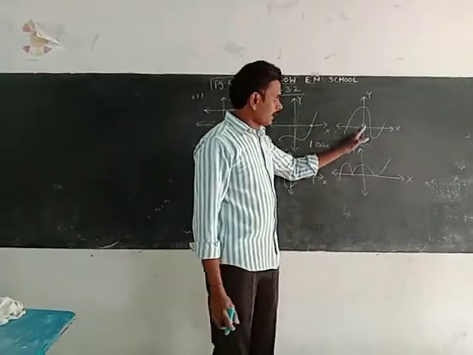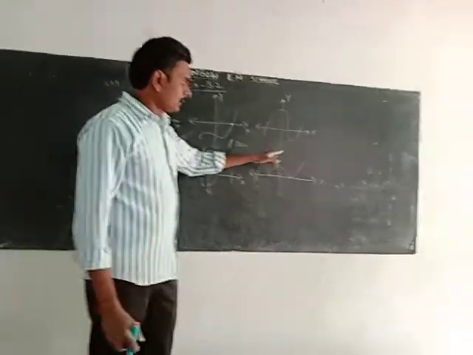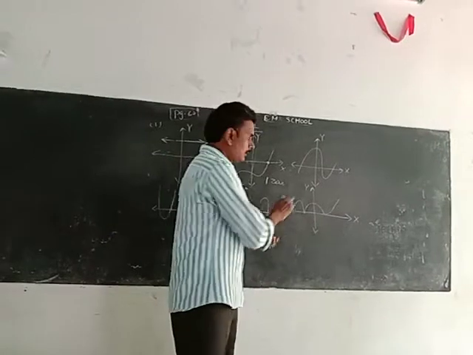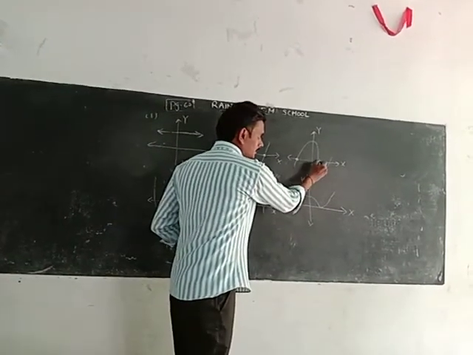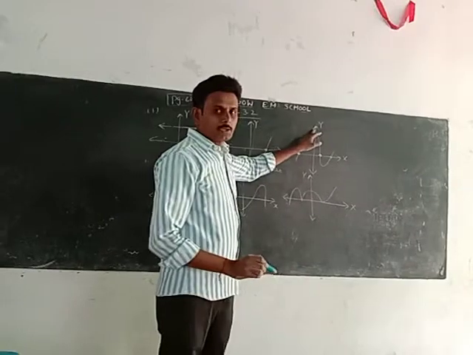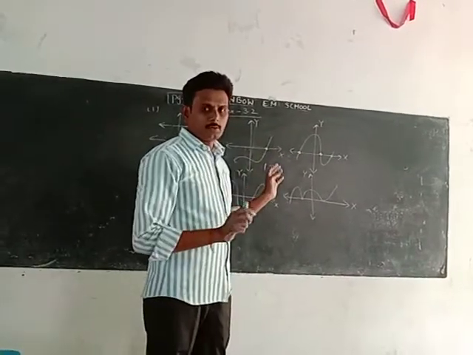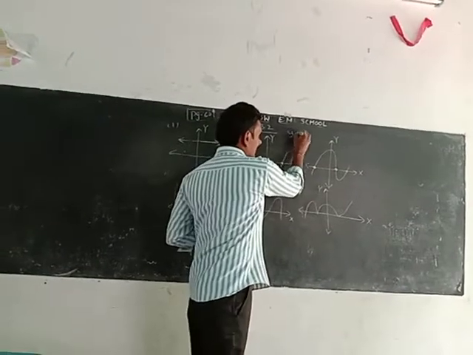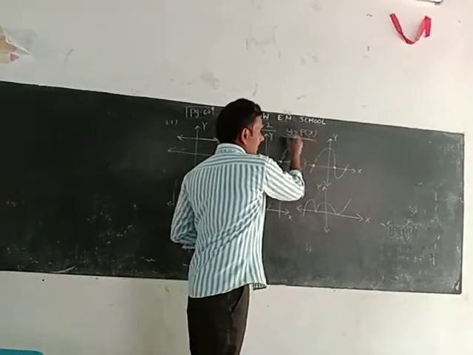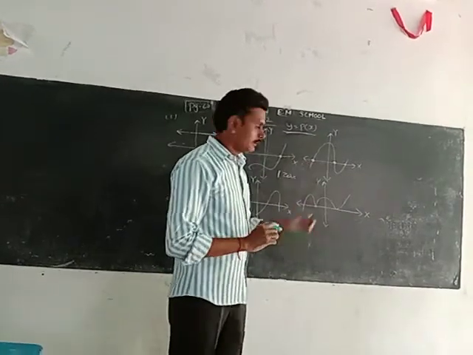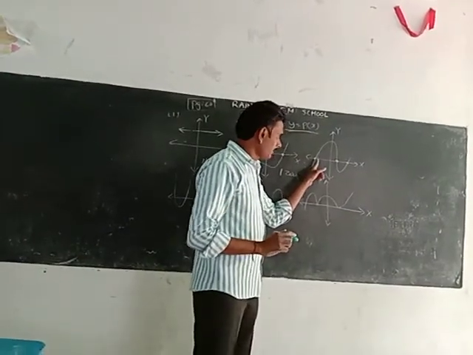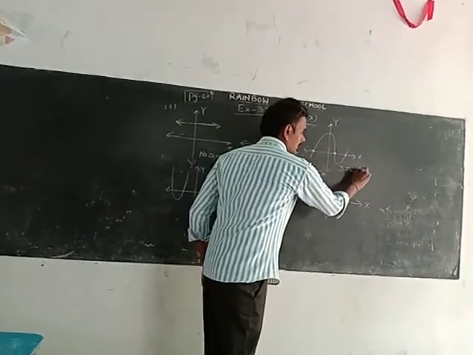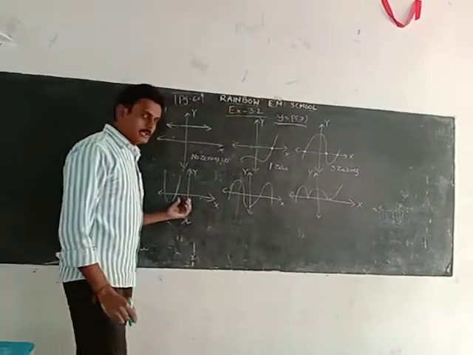For example, if you take the third graph and draw a graph with the x-axis, how many times does it touch? It touches 1, 2, 3. Don't consider whether it touches the y-axis or not; that is not needed for us. Only see the x-axis touches, because y equal to p of x form is given. Only the x-axis is considered. My x-axis is touching 1, 2, 3 times. So 3 zeros. How many zeros are there? 3 zeros.